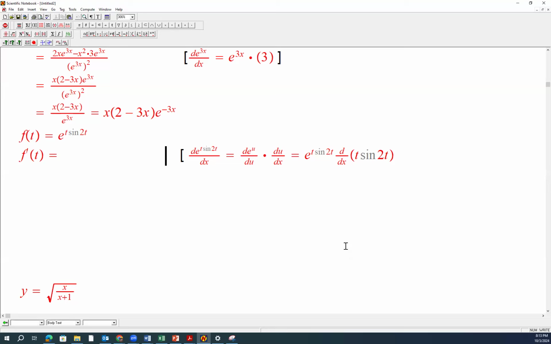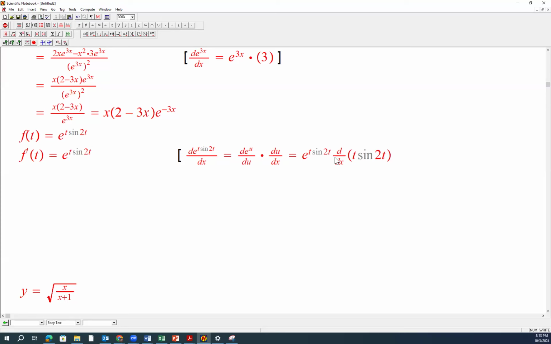Prepare to do it 10 times. If you get it 5 times, great. If you do it 10 times, totally normal. Okay. All right, so we're gonna get e to the power of t